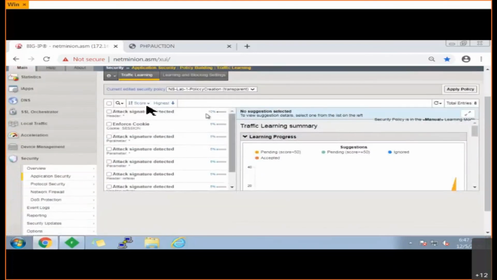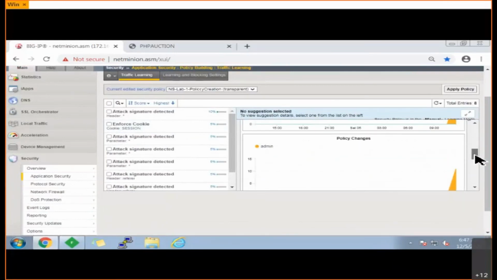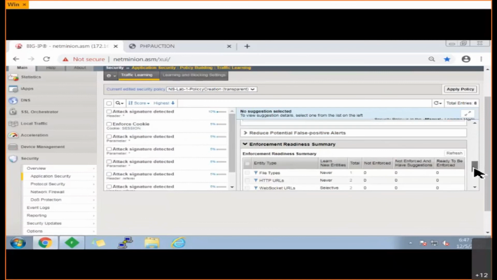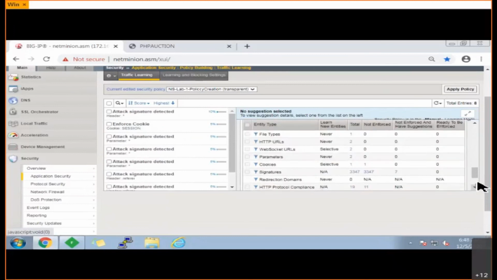If you do not click on any of them, and you just scroll down from here, can you see this? Enforcement readiness summary. Here it is telling that I have such signature sets. I am just focusing on signatures, but there are multiple entity types. I have such attack signatures.